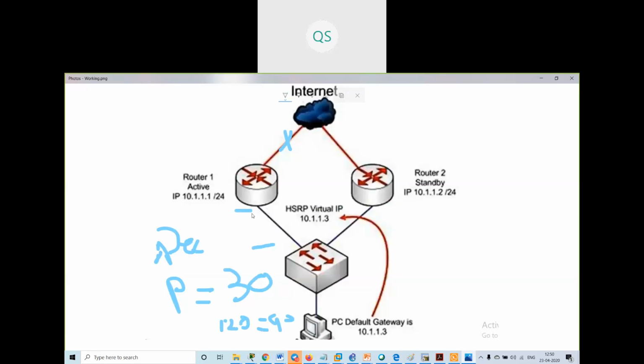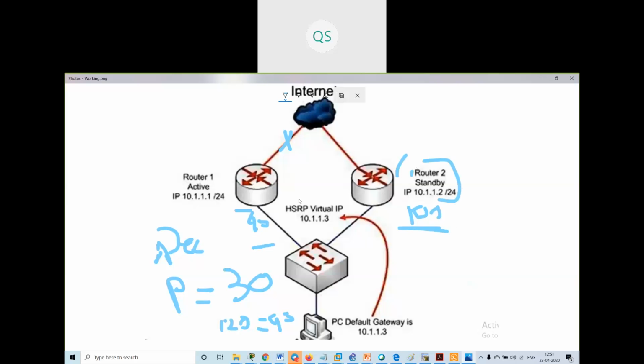Once this priority value is 90 and his priority value is 100, and we have enabled preemption, this router will take the charge and become the active router. Understood?